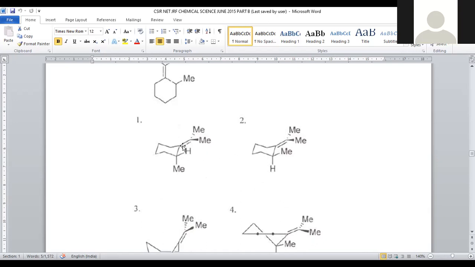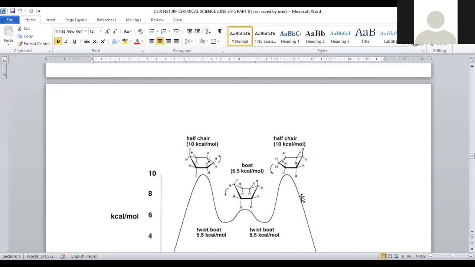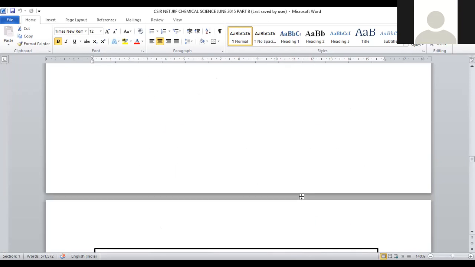In option number 1, the allyl group is oriented in the equatorial position, and the methyl group is in the axial position. In the case of the second one, the allyl group is equatorial, and the methyl group is also equatorial. One to equatorial is cis. Cis interactions are always highly sterically strained, and here you can clearly observe that methyl is bulky, and allyl is still larger. There is a possibility of repulsive forces between them that are clearly depicted in the diagram I will show.